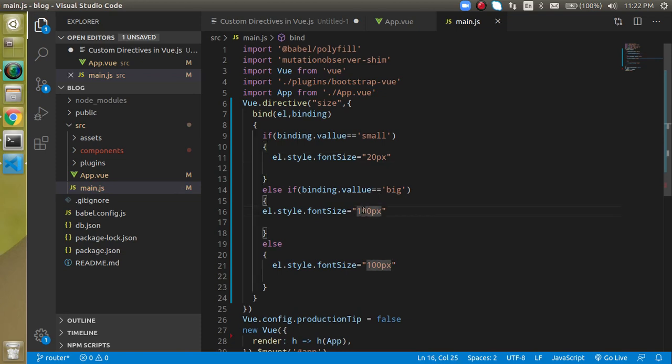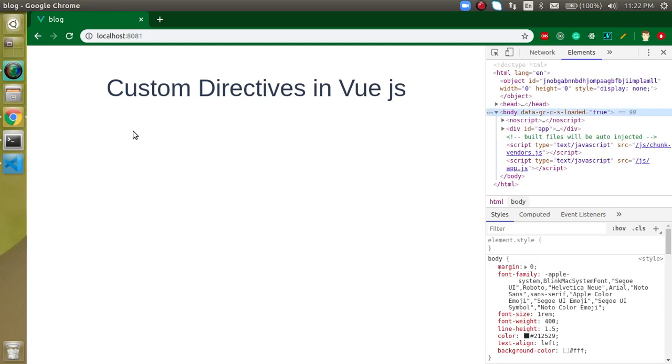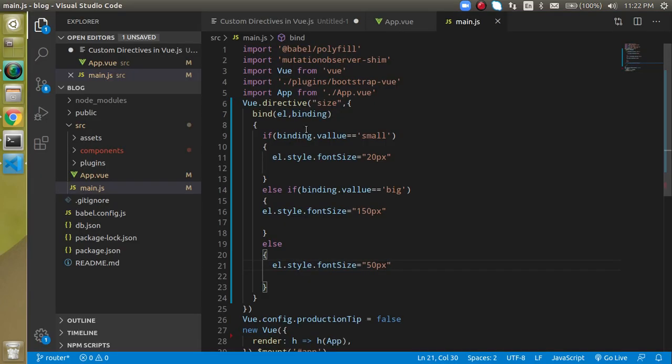Perfect. If we have a big size, then 150, and if we have the normal size, then we can have 50 pixels, right? Okay, I just have to use a value here. This is my mistake. Let me correct it. Yep.